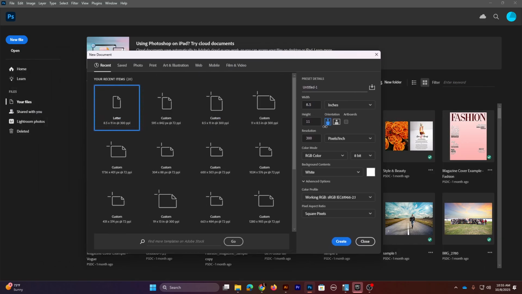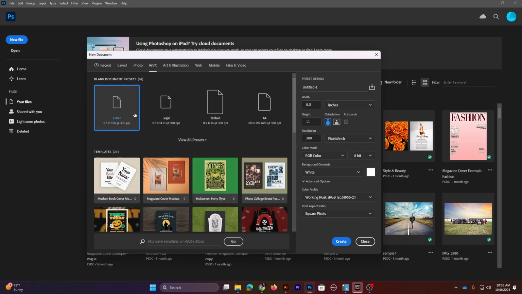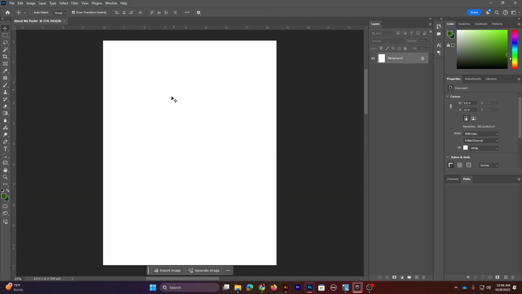Usually we do it bigger than this, but letter size will work for this one. So make sure you go to print, letter size document, and we title this About Me Poster, and then create. Right, that's going to give you your About Me template that we're going to be using, and we're going to